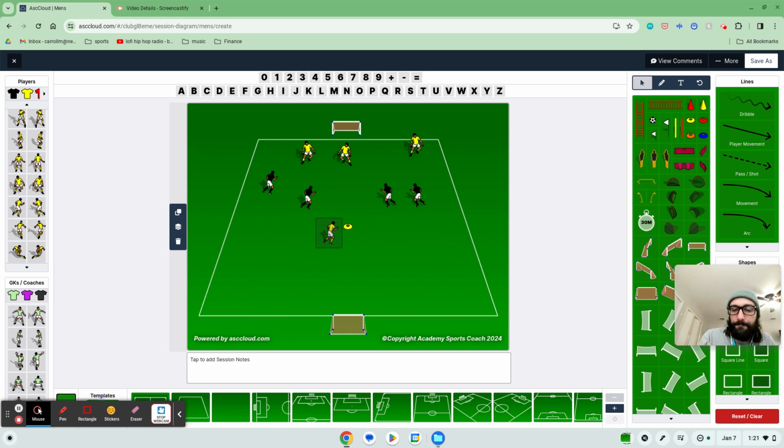So 4 are attacking. So if black scores, very similar to last game, maybe we make this one a little bit bigger. Maybe it's 8v8, and maybe have 2 attacking players, but just for time's sake, I put 4. But you're trying to build up on the concepts and make it a little more game-like. If black scores here,